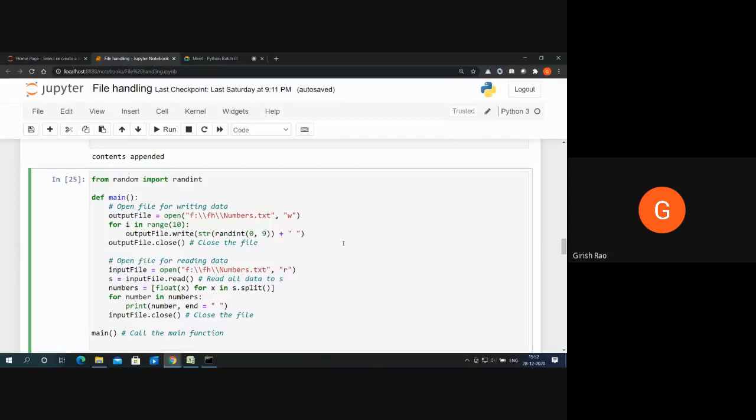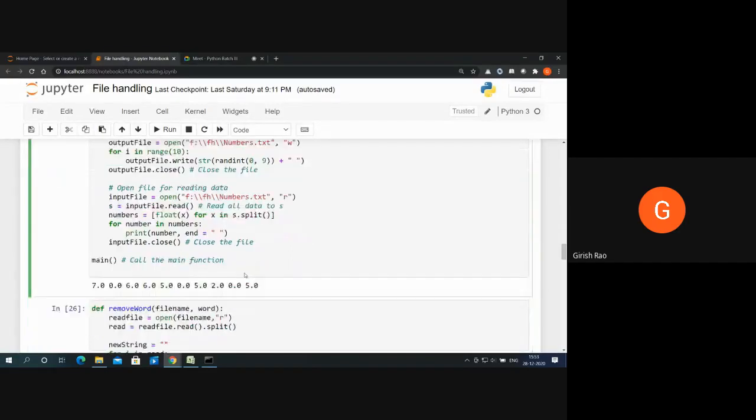Okay. Then what you have to do: for x in s dot split, read the first number x, convert it into float. I wrote an integer, but I'm converting it into float just to try it out. Store it in numbers. That entire number series which was integer is converted into float and stored in numbers. Then I say for number in numbers. That means this is my original list. Pick up one number at a time, display it. Pick the second number in numbers, display it. Keep on doing it. Let's run it.